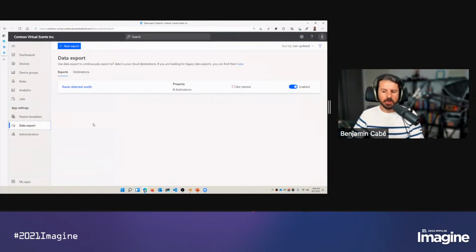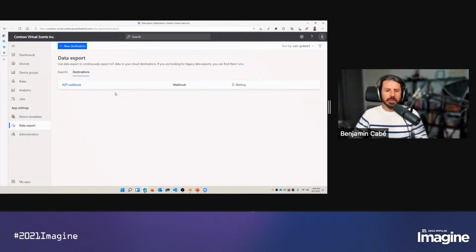In the data export section of the user interface, I have already configured a webhook, an endpoint that corresponds to the Azure Digital Twin,